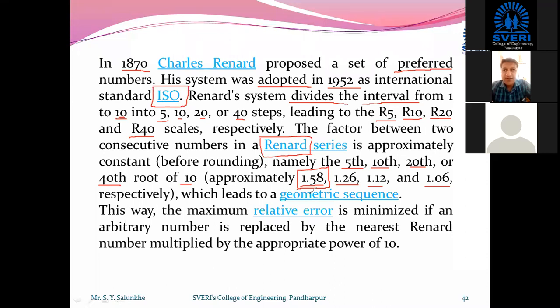Likewise, it will be applicable for power, it will be applicable for speed, it will be applicable for the thickness of belt, or for the number of plies of the belt. So this type of standardization is done, and this type of series are developed. Nowadays, we also have our own standard series, that is Indian standards, that can be utilized.